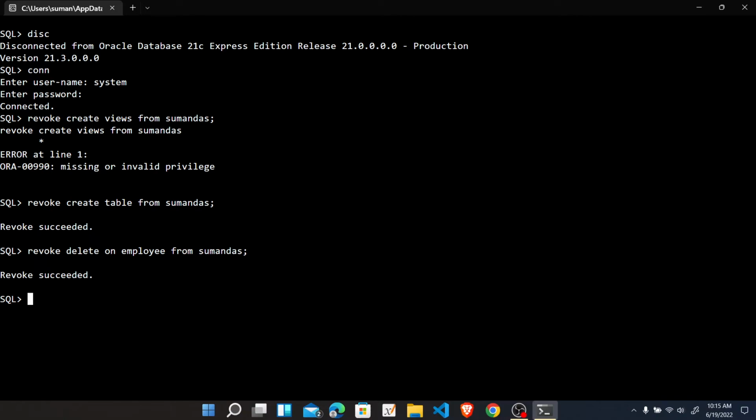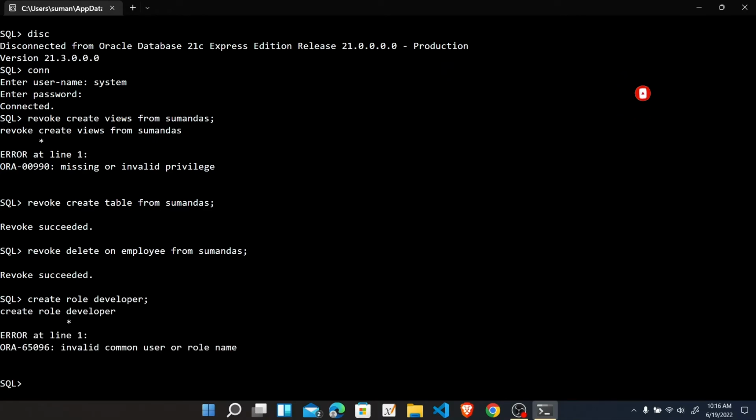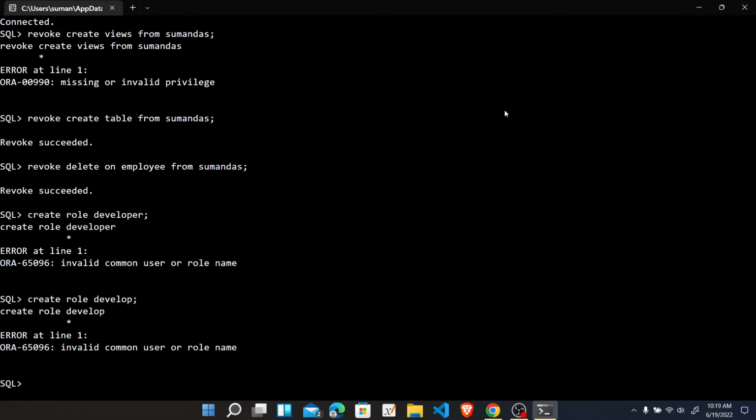So at first we have to create a role. Let it be named developer. So create role developer, semicolon, press enter. Now there is an error, invalid common user or role name, and for that we are changing the name of the role from developer to, suppose, develop. And once again, the error is the invalid common user or role name, because we have to type